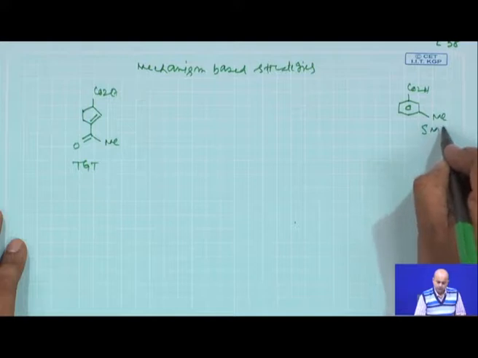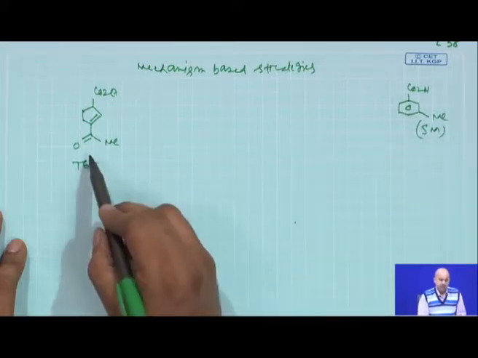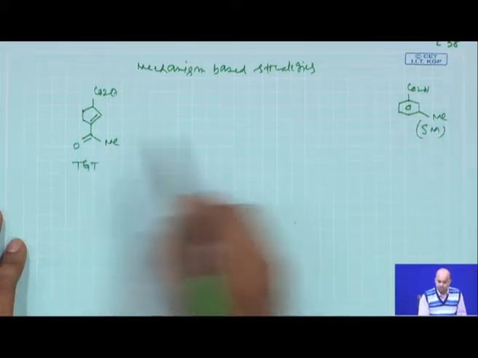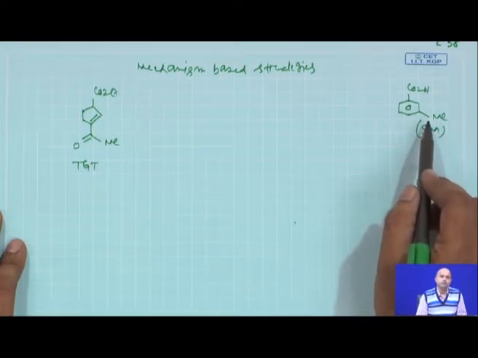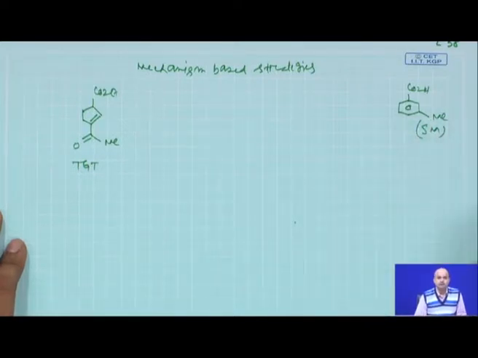Now, as you can see, the target molecule is not aromatic, but the starting material is aromatic. So, basically you need to think about a dearomatization reaction, and you all know the dearomatization reaction which is widely explored, named as Birch reduction. We have explained Birch reduction in terms of its mechanism and how different kinds of substituted aromatic groups, with electron releasing and with electron withdrawing groups, will give you two different regioisomeric products in the Birch reduction.